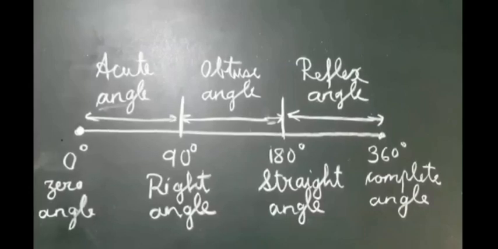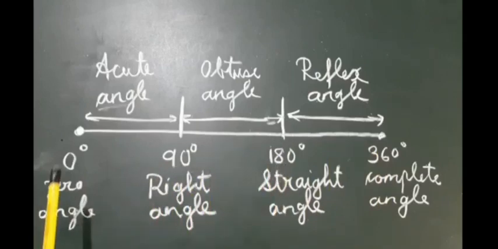For that, I have written here, see, suppose this part is a railway track. The railway starts from this point, travels this distance, and then stops at this point. Like this we are going to imagine. Now the starting point of the railway we consider as 0 degree, and the end point, where the railway is going to stop, we consider as 360 degree. In between we have two stations, one at 90 degree and the other at 180 degree.